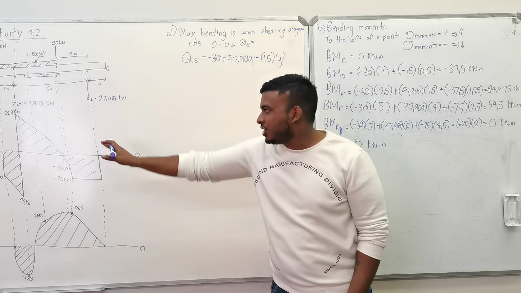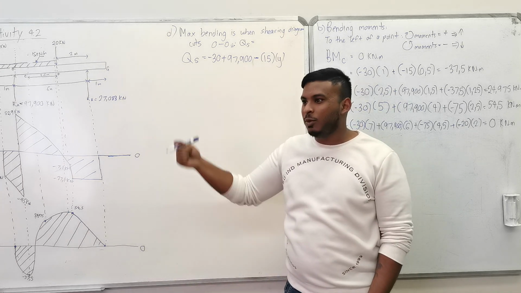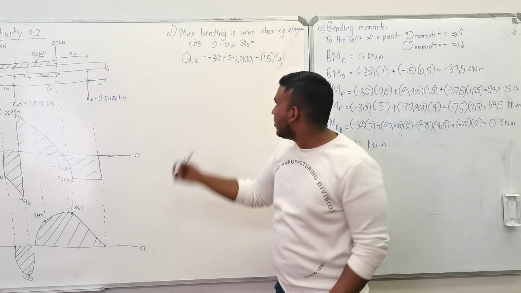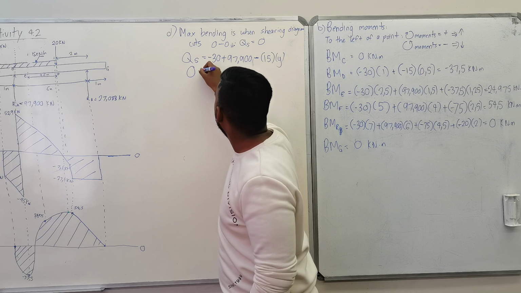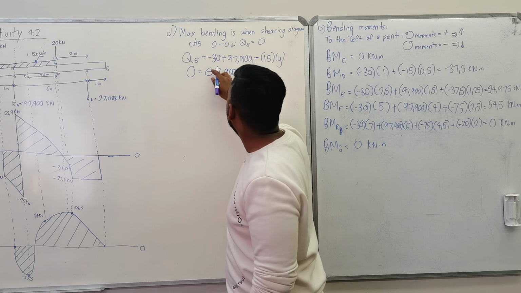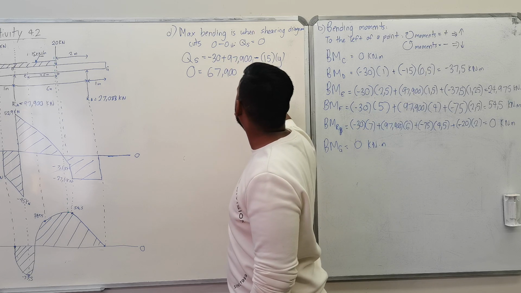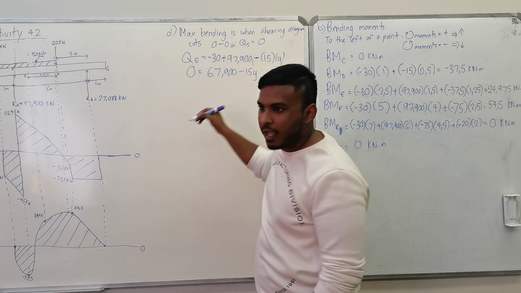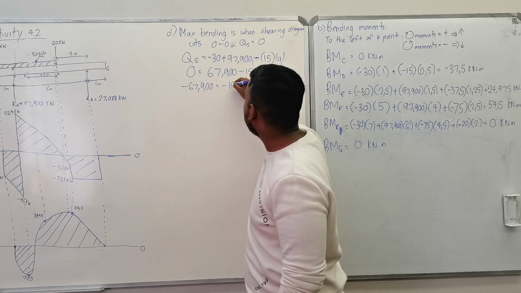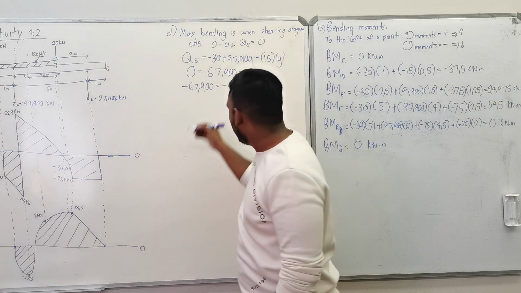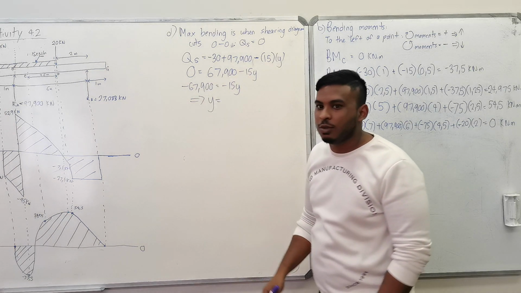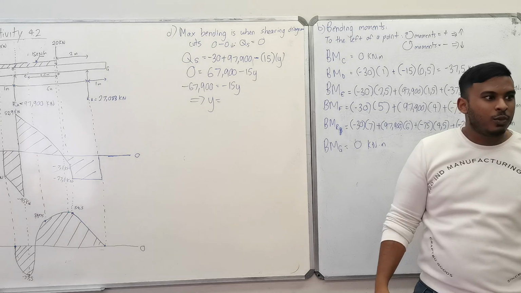If this is a shearing force diagram, the maximum will occur when your shearing force diagram cuts the zero line, so your shearing force would be 0. So 0 equals 67.900, I just took the 30 and subtracted from there, minus 15y. Take this across: negative 67.900 is equal to negative 15y. So this value of y is equal to negative 67.900 divided by negative 15, which is